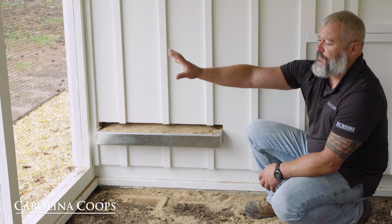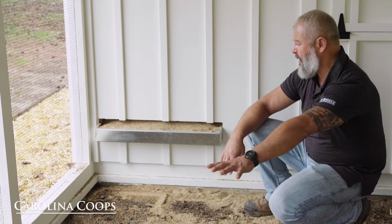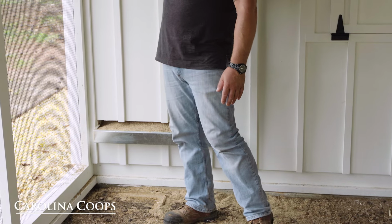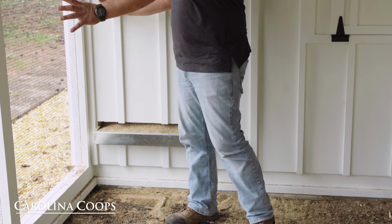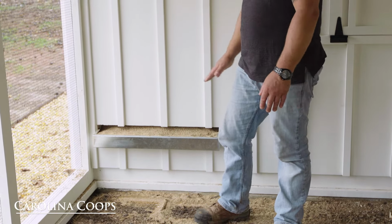So there is a potential for sideways rain to come in. It will not hurt the run at all. Again, it might be beneficial, but we don't want it to get into the feed. So what we're going to do is use one of our polycarbonate run covers and maybe go halfway up or maybe go the whole way and just screw that on here. It will not hurt the chickens at all when it comes to being outside, and it will stop the rain